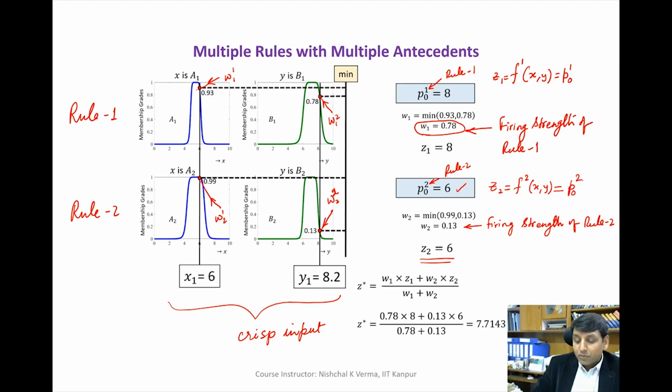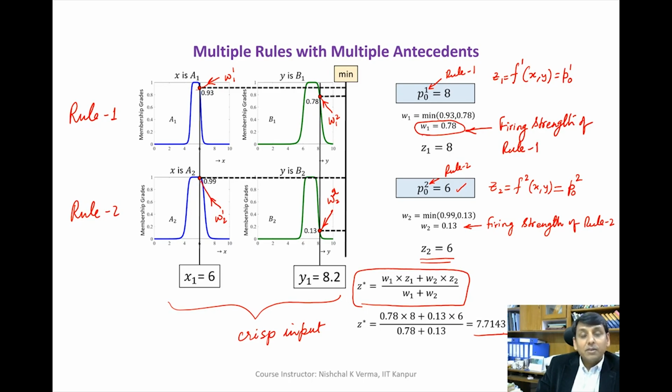So this way we get Z2 is equal to 6. So now we have W1, Z1, W2, Z2. Now we can very easily find the weighted average. So let us find the weighted average of the outputs of each rule, and when we use this formula for weighted average, the Z star, which is the final outcome, the weighted average of the output, we are getting